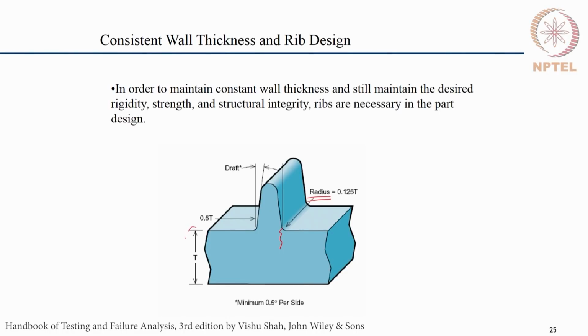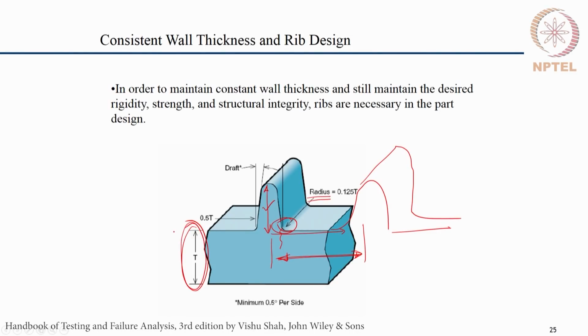Based on this nominal wall thickness T, one has to make an appropriate choice of this radius, the height of the rib, and even the placement of the successive rib. Let us say if another rib has to come here, what is the distance between the placement of two ribs? The height of the rib, the corner radius, and placement of successive ribs need to be determined based on